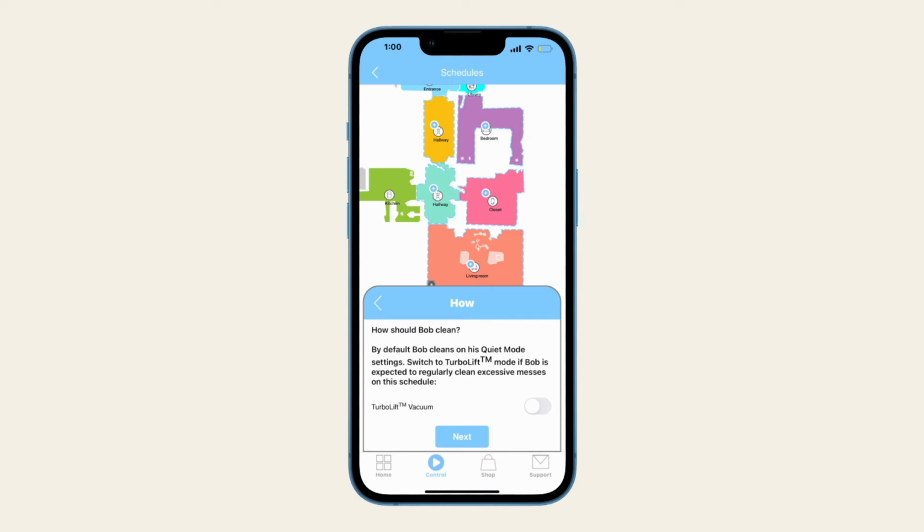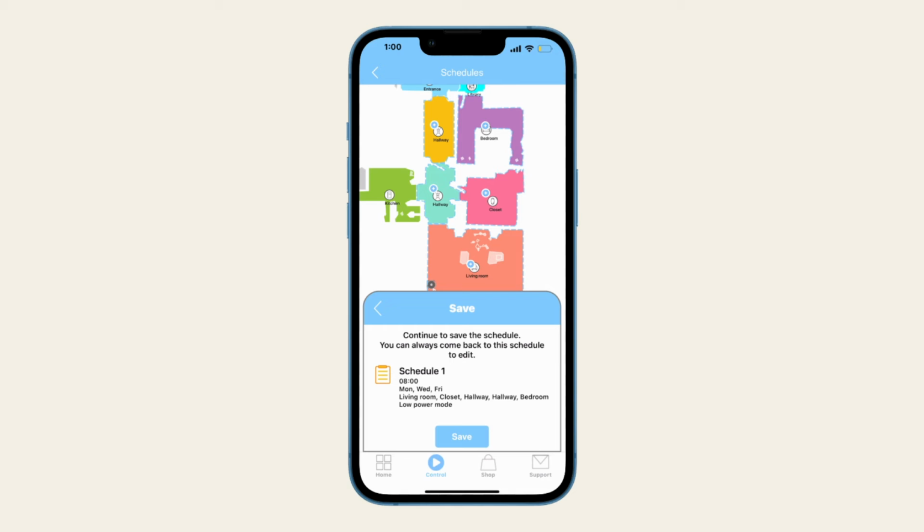By default, Bob cleans on his quiet or low power setting. Switch to turbo lift mode if Bob is expected to use more power while cleaning, then hit Next. Review the schedule summary. If everything looks good, tap Save or use the back button to go back and make